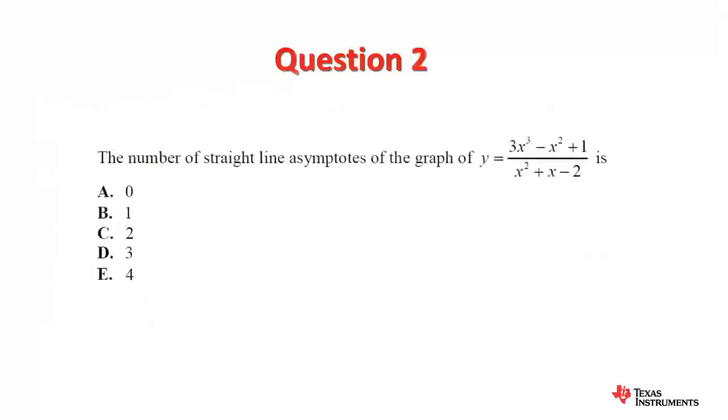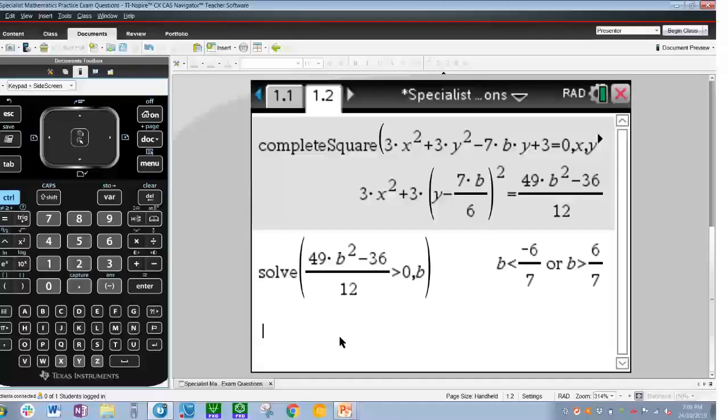Moving on to question 2. So this time the question asks us the number of straight line asymptotes of the graph of y equals 3x cubed minus x squared plus 1 all over x squared plus x minus 2. Okay, so to get this question solved, first of all, I will open up a new problem